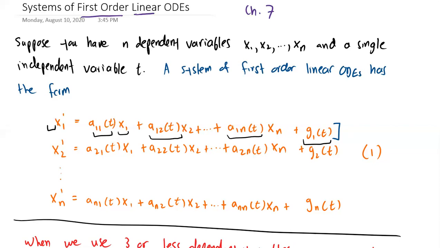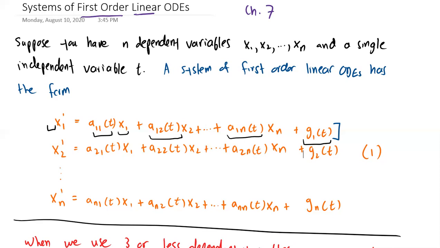Now, what makes it a system is the fact that we don't have only one of them, right? In this case, we have n of them. So the order of the system is how many equations you have, and how many equations you have is determined by how many derivatives you have, right? In this case, we have n derivatives, like one derivative for each dependent variable or function x of i,